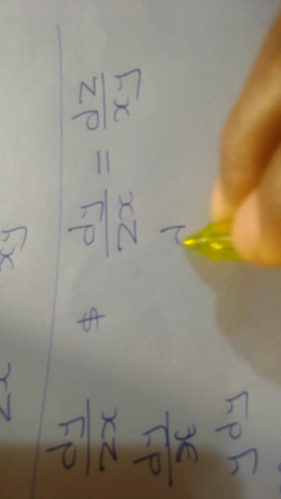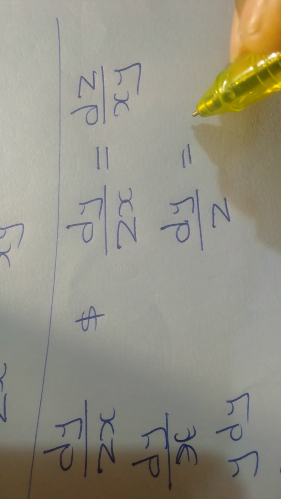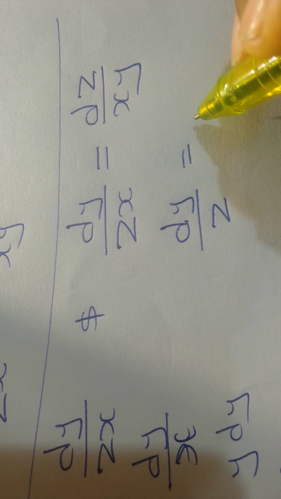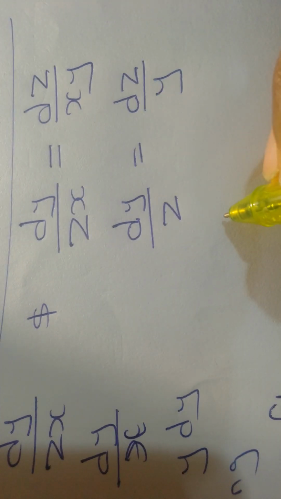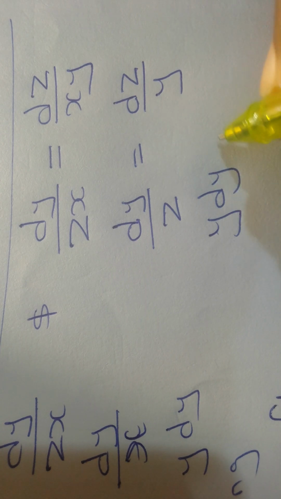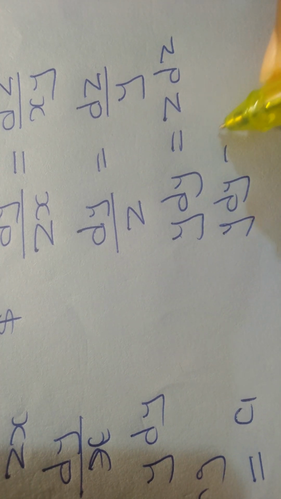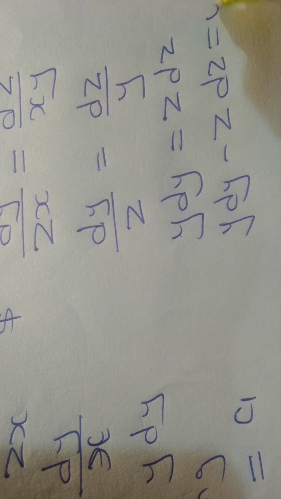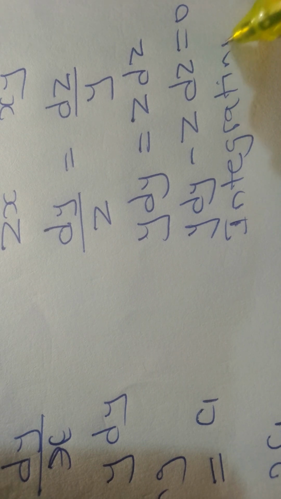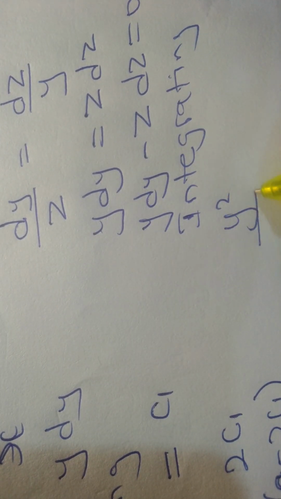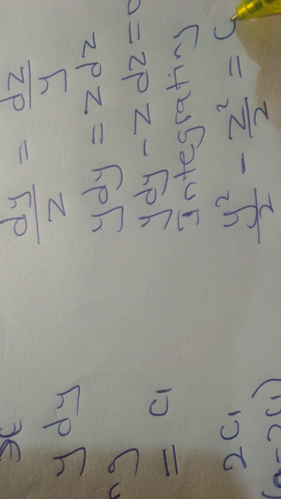When you do that, we are going to obtain the dy over z equals the dz over y. Then multiplying as we did previously, y dy equals z dz, or y dy minus z dz equals 0. So integrating this, this will yield y squared over 2 minus z squared over 2 equals c2,